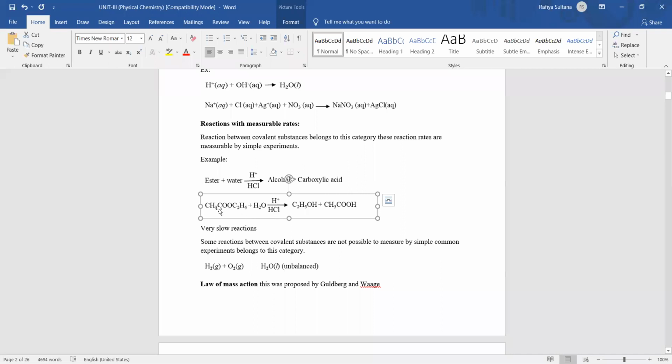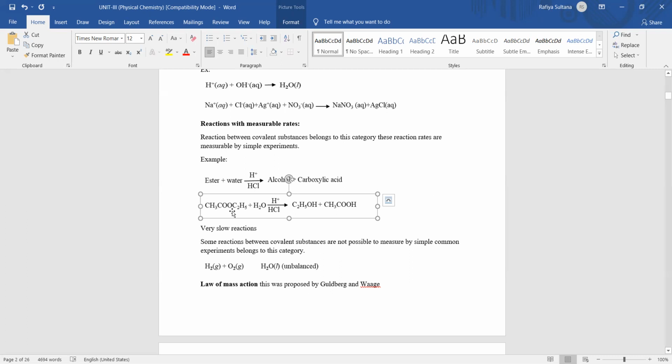So how many reactant molecules are there? 2 reactant molecules. But if you see the experimental studies, the rate of a reaction depends only on ethyl acetate, but not water. Okay, because water is used, since it is a solvent, it is used in a plenty amount. The rate of a reaction does not depend on water. It will not change. If you want this in detail, you can go back to your second year, third semester book, and you can see the ester hydrolysis mechanism.